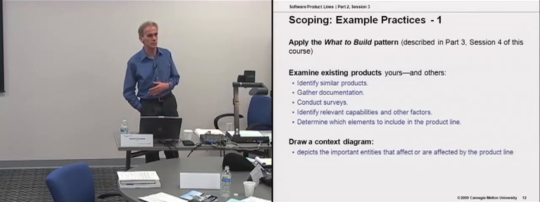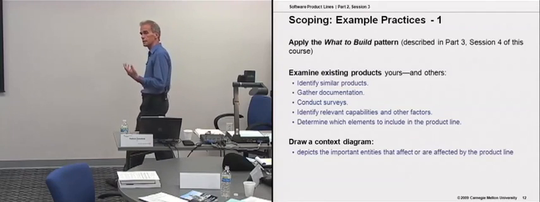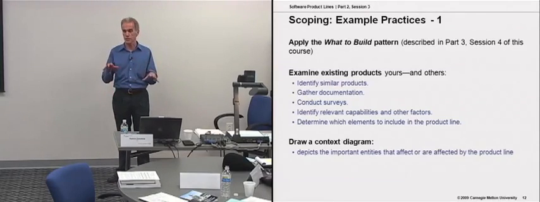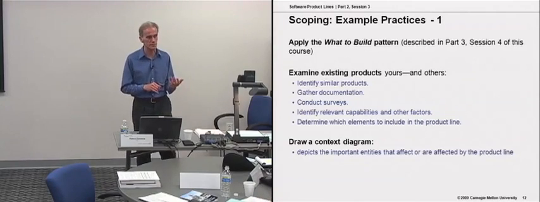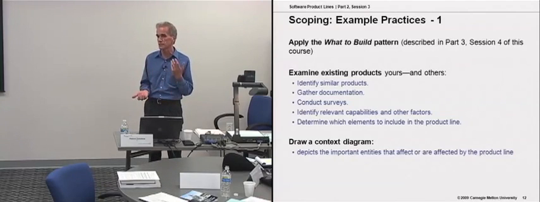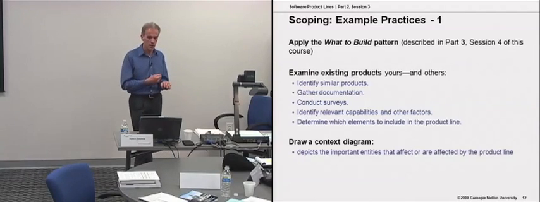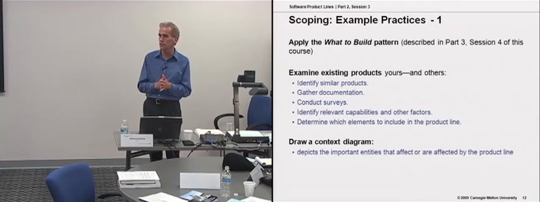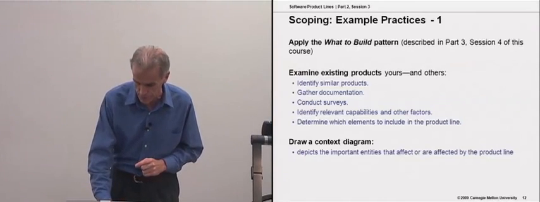Look at the kinds of capabilities that you would expect to deliver in these products. So this is starting to get into the feature analysis. So the work that you are doing, potentially in parallel with the scoping in the area of domain analysis or understanding relevant domains, complements the work that's being done in scoping. So does the business case development. One way of representing your product line is to draw a context diagram of the bounds of what the product line is going to address and the external entities with which the products